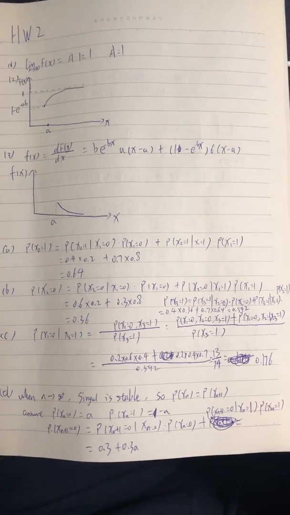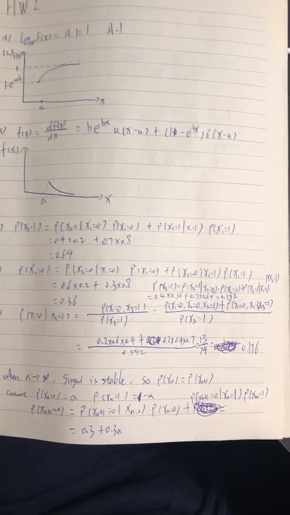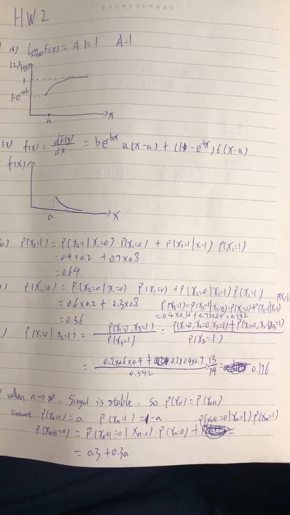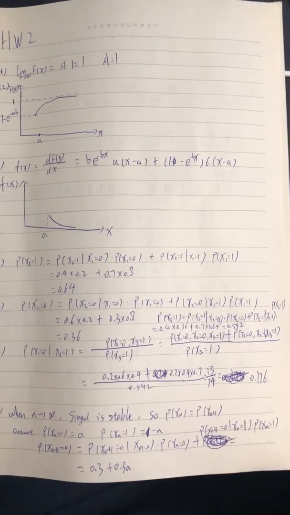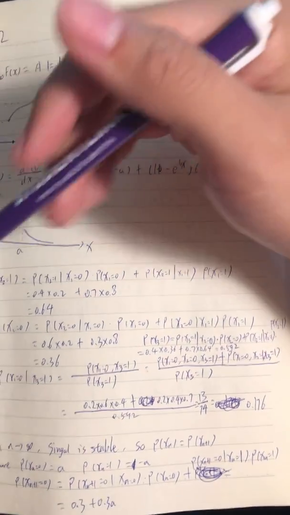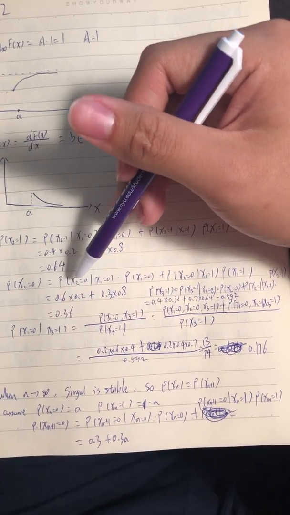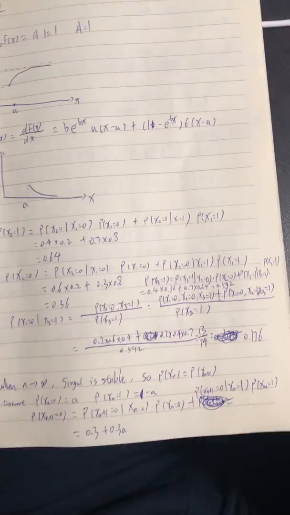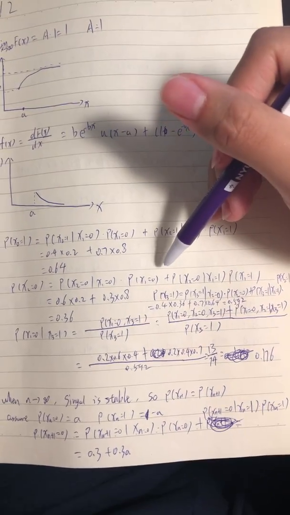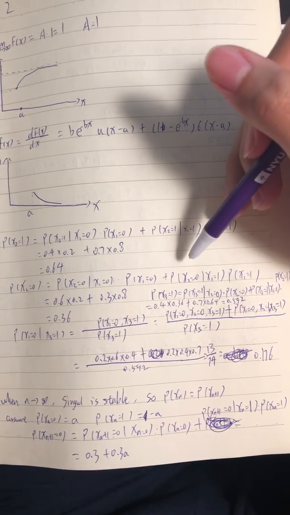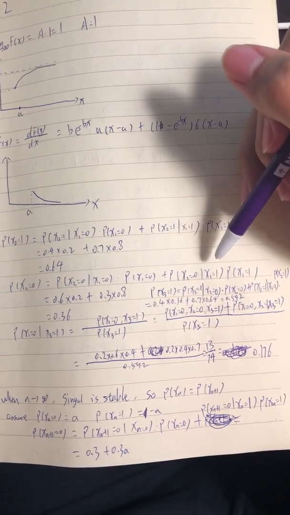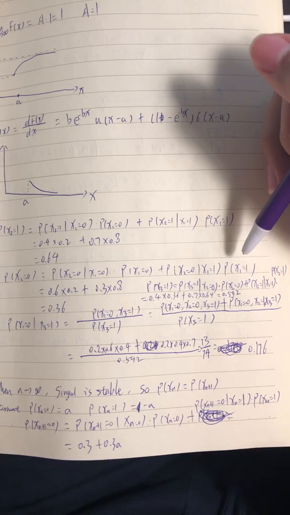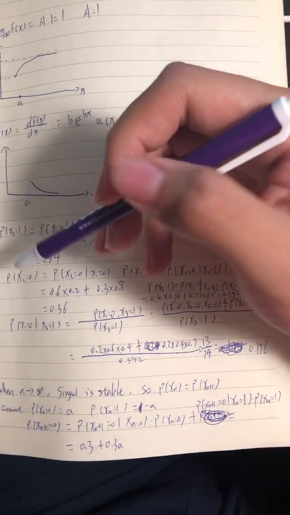Question B: find the probability of x3 equals 1. At first, we need to know the probability of x2 equals 0. It is the probability of x2 equals 0, assuming x1 equals 0, multiplied by the probability of x1 equals 0, plus the probability of x2 equals 0, assuming x1 equals 1, multiplied by the probability of x1 equals 1. So the final result is